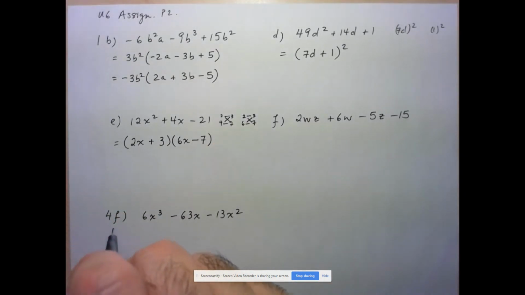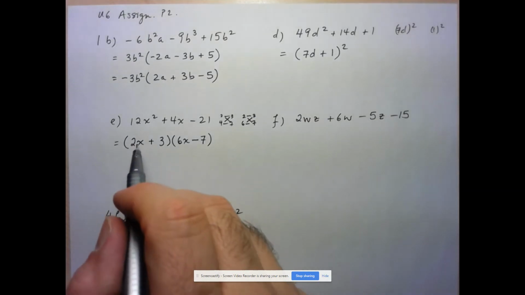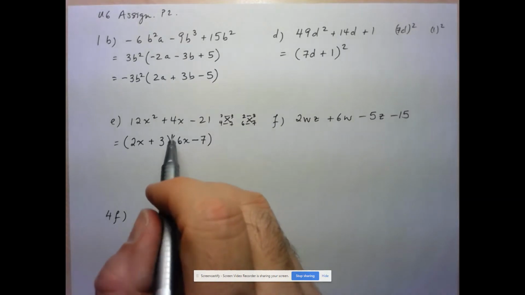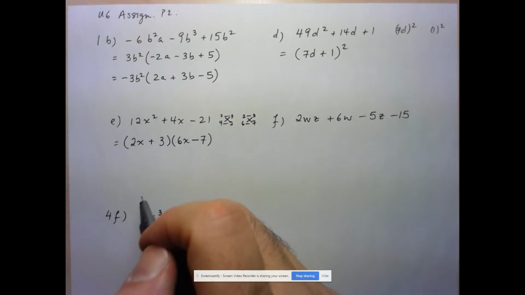All right, and there's my factorization again. If you want to check, 2x times 6x gives me 12x squared. Negative 14 plus 18 is 4, and then 3 times -7 is -21. Okay,